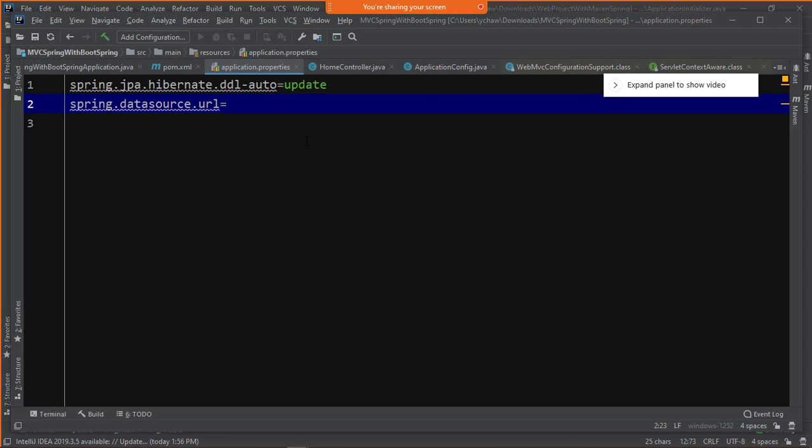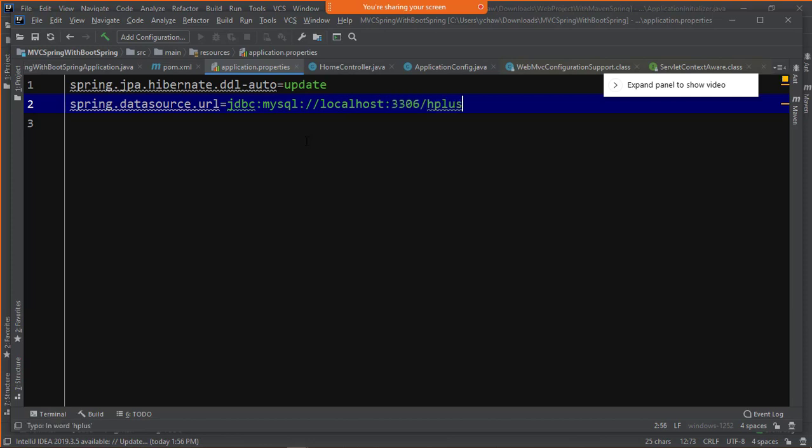Two values are there. In modules 1 to 8 I have kept update. In Spring Security I will make it none, because everything will be created by the project. Right now everything is managed by the database. URL to connect with the database: JDBC, it is MySQL, and we are using localhost, port number 3306.